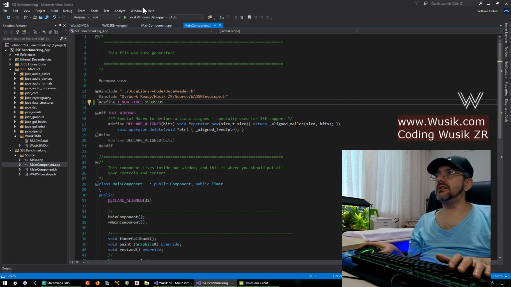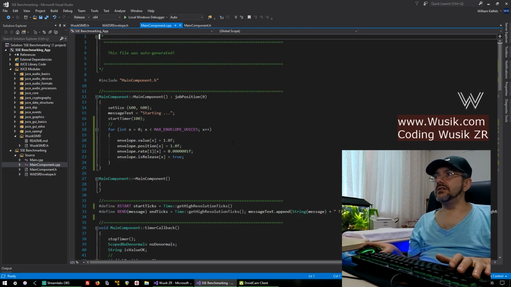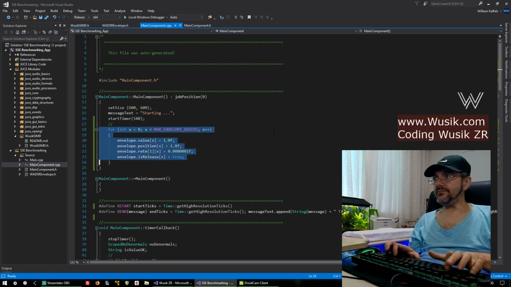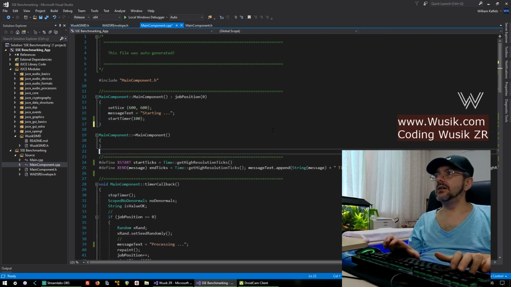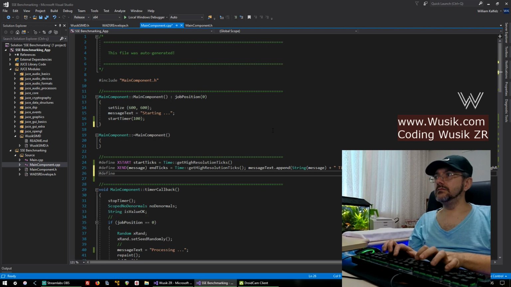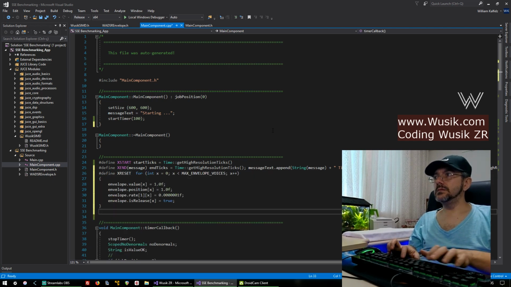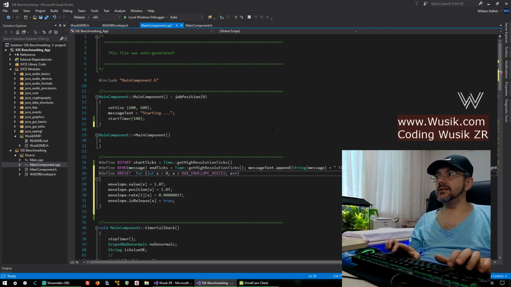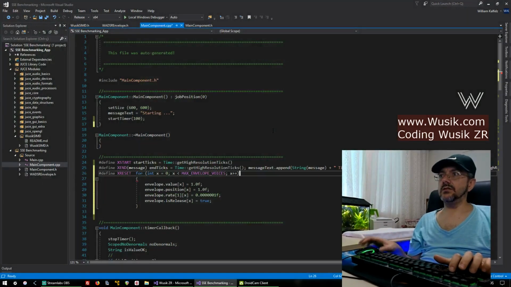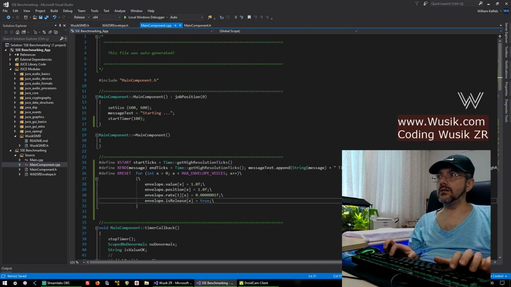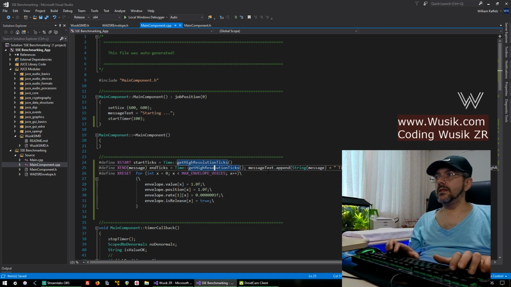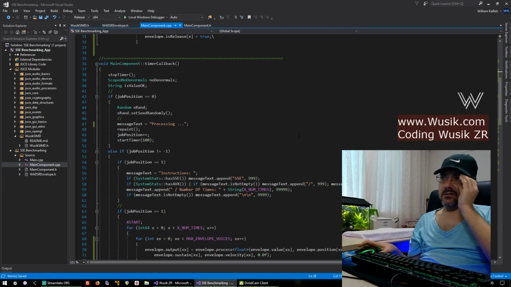Okay, so now I want to test the SSE code and see if I'm going to get an improvement. Just create a reset call here to reset the voices for each